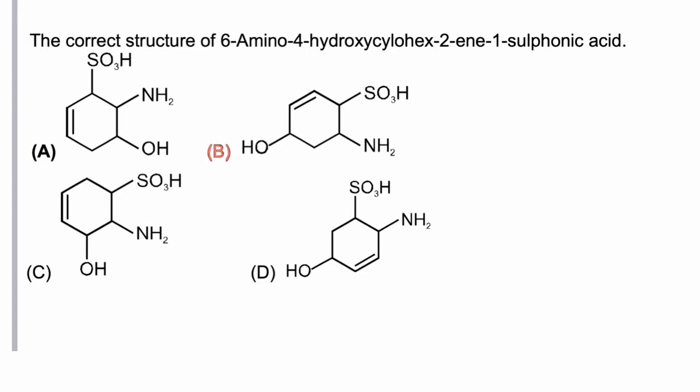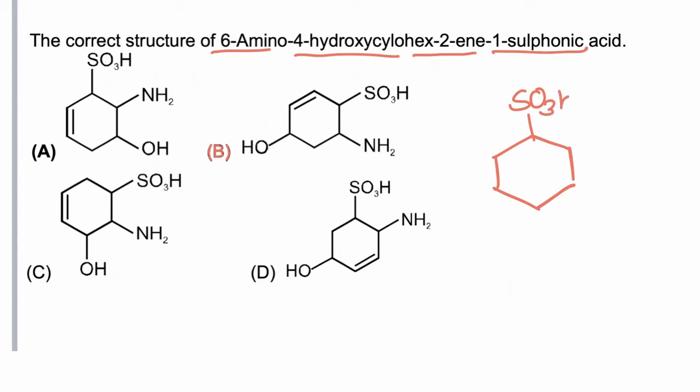In this question, we have to find the correct structure of the molecule. The main chain has 5 carbons, hence pent-1-sulfonic acid. Cyclohexyl means six. We have to draw a 6-membered ring. One double and one triple bond are both present, so sulfonic acid, SO3H, is attached at the first position. The multiple bond is present at the third position, so pent-3-en-1-yne. The double bond must be attached at the second position, and hence the correct answer is D.